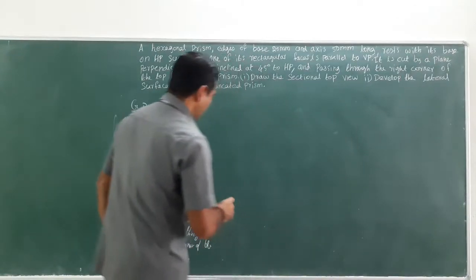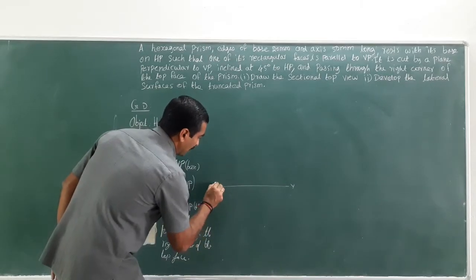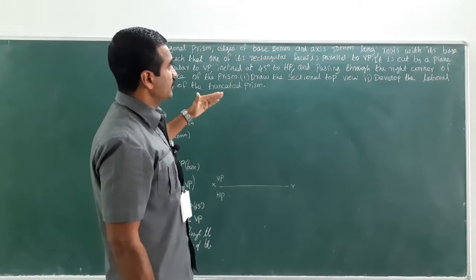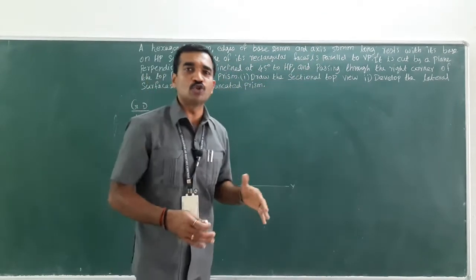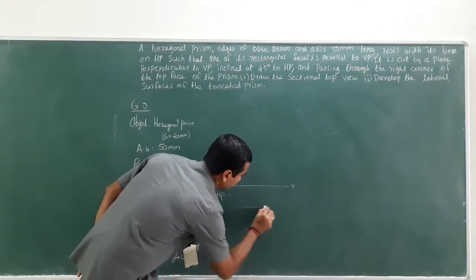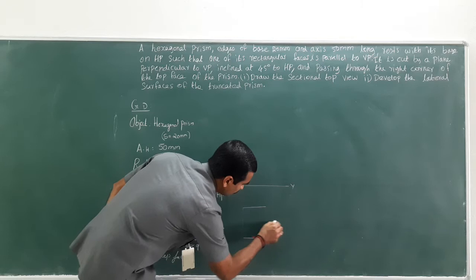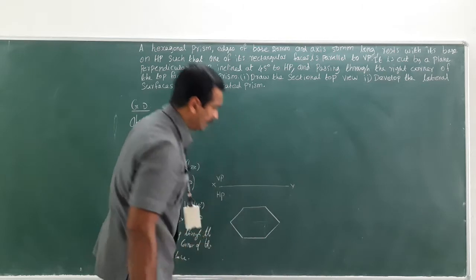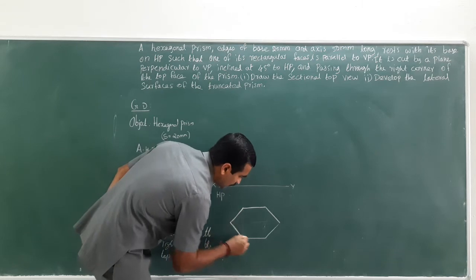So, first thing is, let me just draw the two dimensions. There is orthographic projection, that is the top view and the front view. So, here it is resting on HP with the rectangular faces parallel to VP. You all know how to draw the hexagonal shape, right? Therefore, I am not going as per the procedure. Let me draw the hexagon shape directly. So, this is the shape of hexagon, right? Let me just draw this as dark line, this outline as object line.